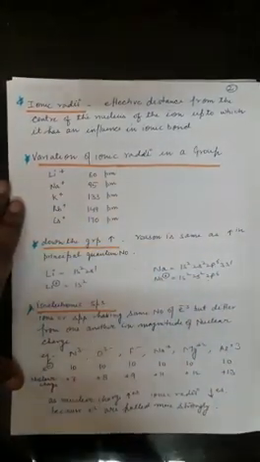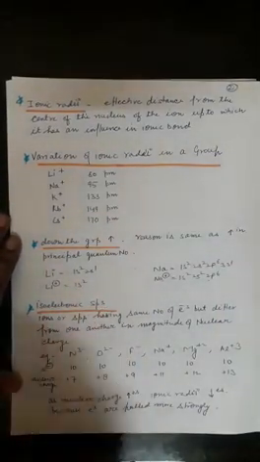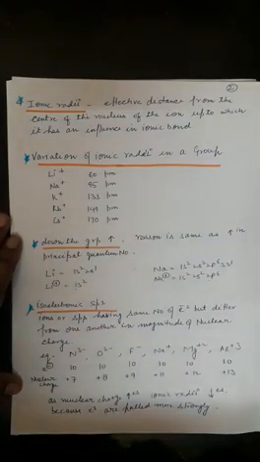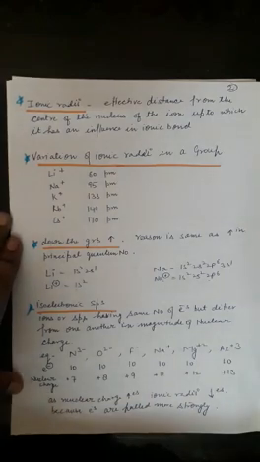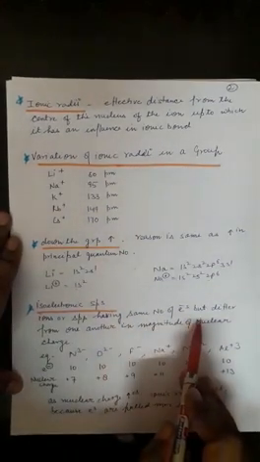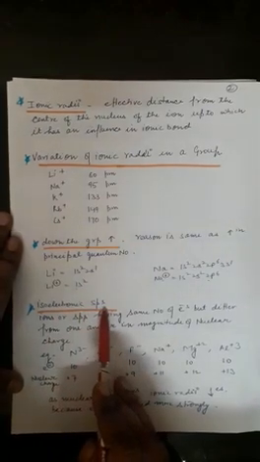Now another very important topic is isoelectronic species. First of all, we have to study what we mean by isoelectronic species, and then we have to discuss the trend of their size. See, species in which the elements are different but having the same number of electrons. I am again repeating, these are ionic species. They may be negatively charged or positively charged, but they have the same number of electrons, and are called isoelectronic species.